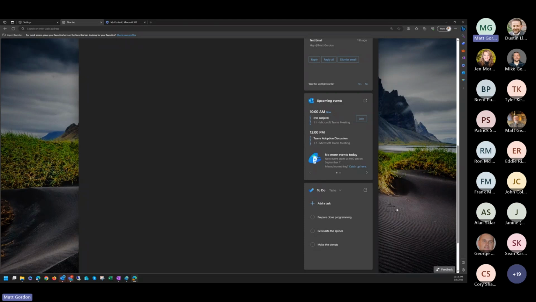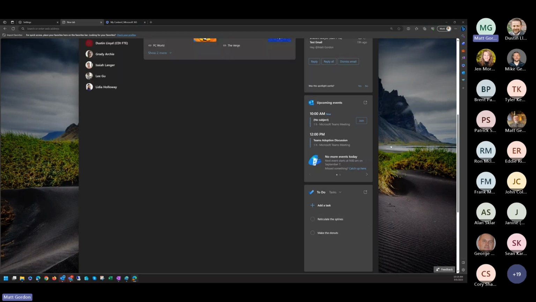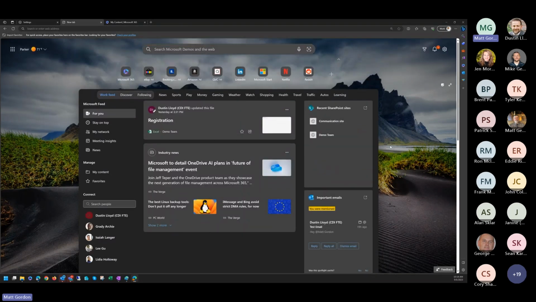So if your end users are tracking their items, their tasks with To Do, then those are also present here and can be completed here and modified here as well. So that's kind of the main view of the integrated profile from the default page and what options are